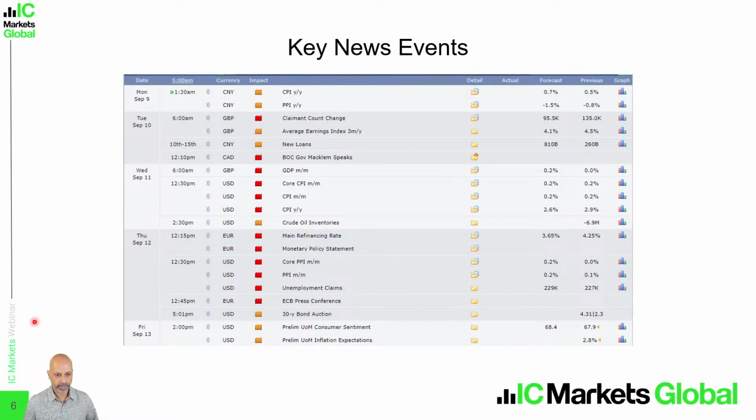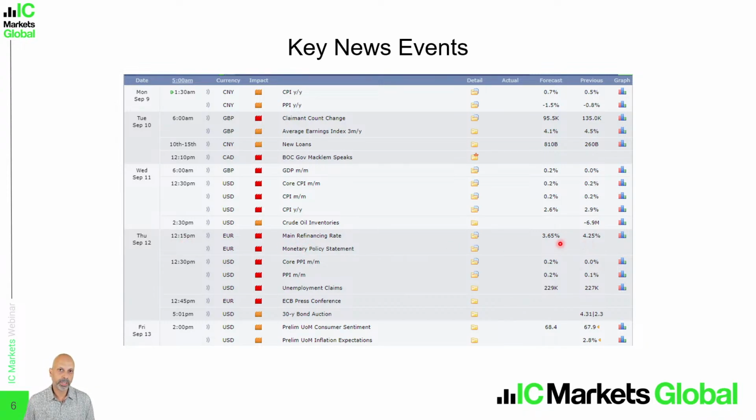Here's the calendar for this week. You can see we've got quite a few things going on as well. We've got, of course, the labor force report, which is going to give us further insights into the claimant count change, average earnings index, as well as the unemployment rate of the UK. We've got GDP data as well on Wednesday, alongside US CPI data. We've also got the ECB releasing its monetary policy statement on Thursday, 12th of September, 12:15 p.m. GMT,